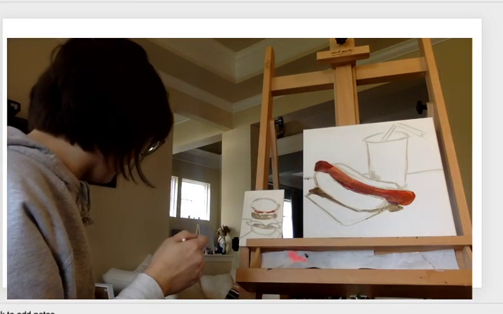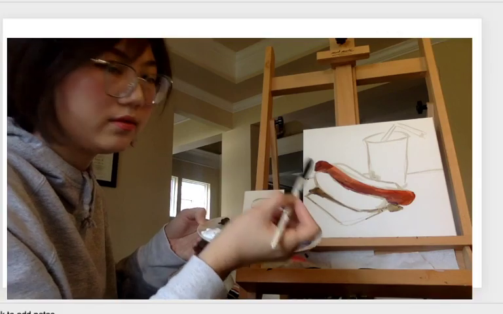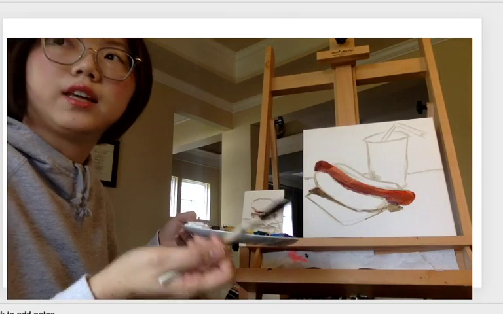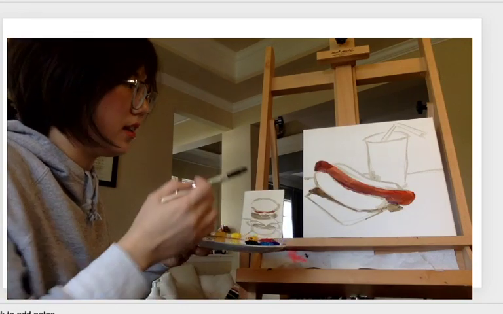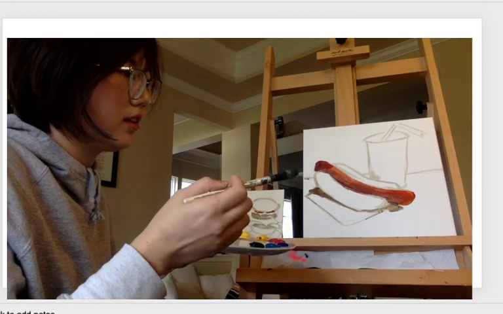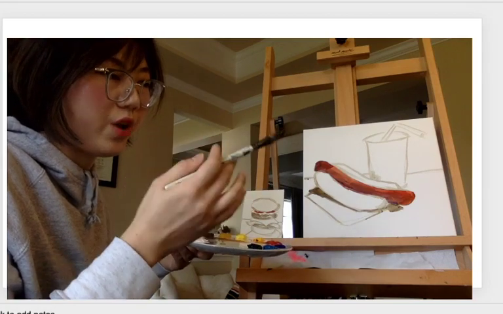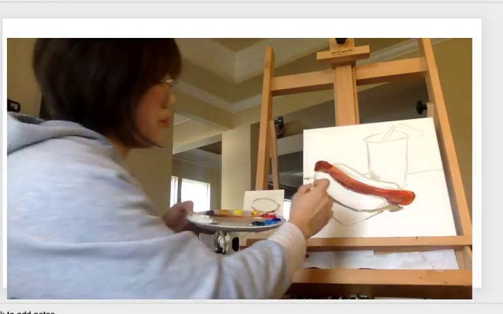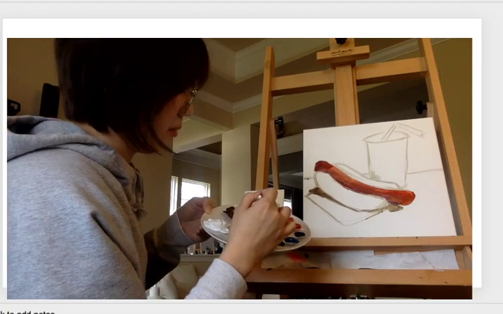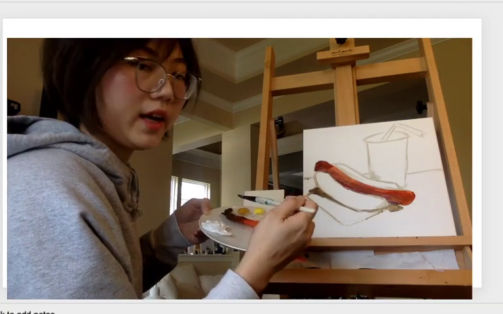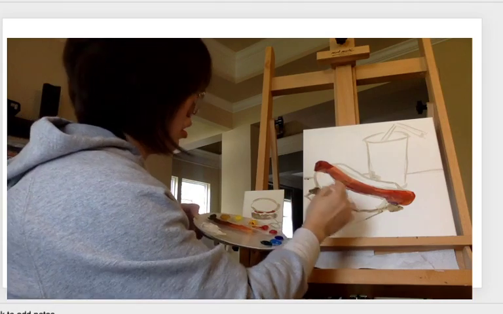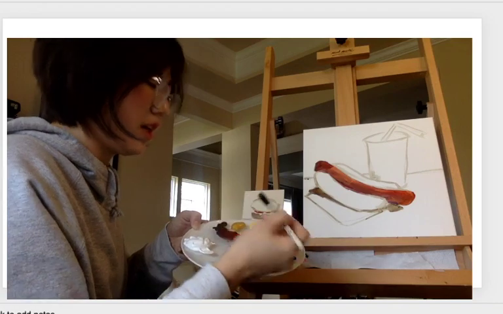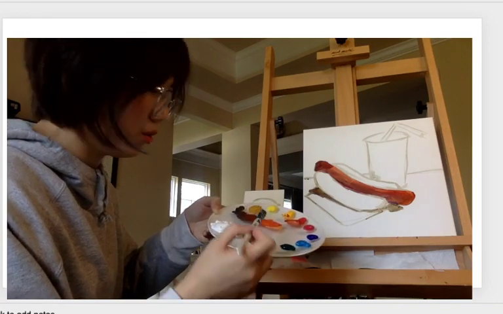Okay, and now for the bread color, I'm getting brown color on the bottom, because the bread is a yellow brown color, with the darker side at the bottom. So I can have the brown a little bit here, and then more and more yellow, and then yellow and white. So these are the 3 colors I'm going to do on the bread, the same as the burger. So first I'm going to get a little bit of those muddy brown,